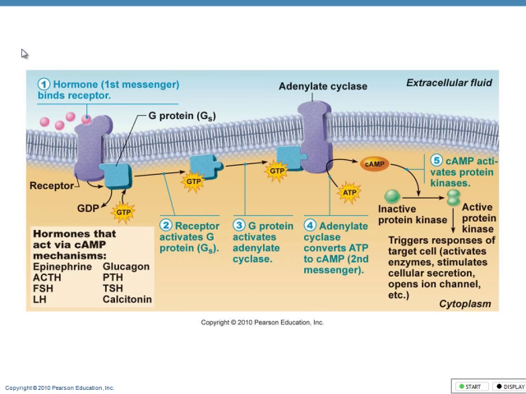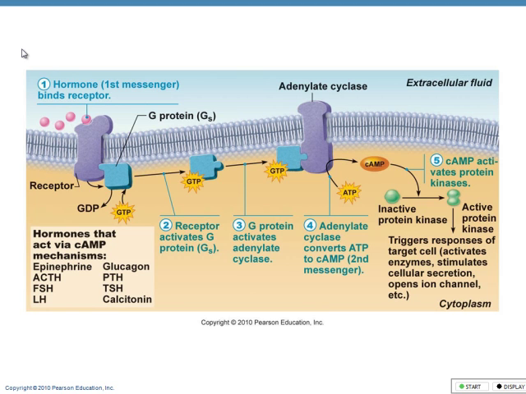This particular diagram is showing us something called the second messenger system, and these hormones are affecting the cell without ever getting into the cell. Because through the second messenger system, and these are water-soluble hormones, the hormone itself is that cute little ball on the end, carried through blood plasma